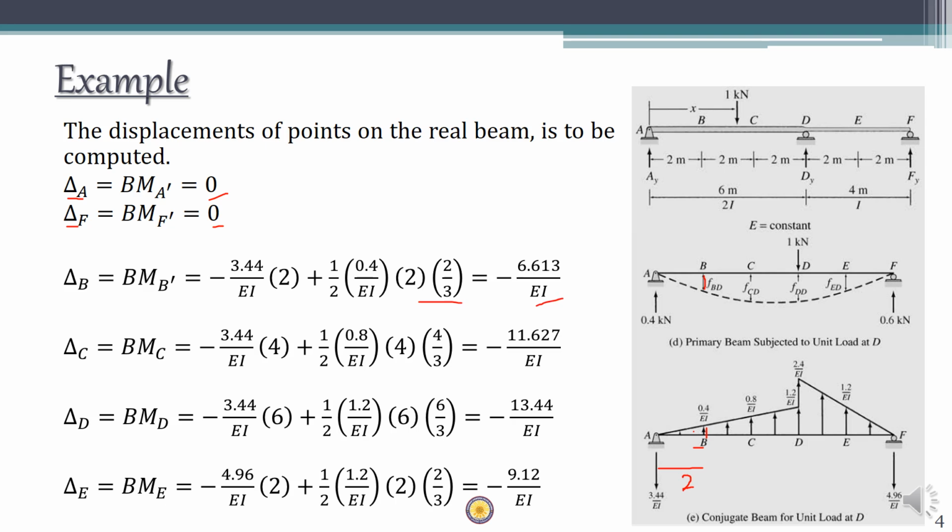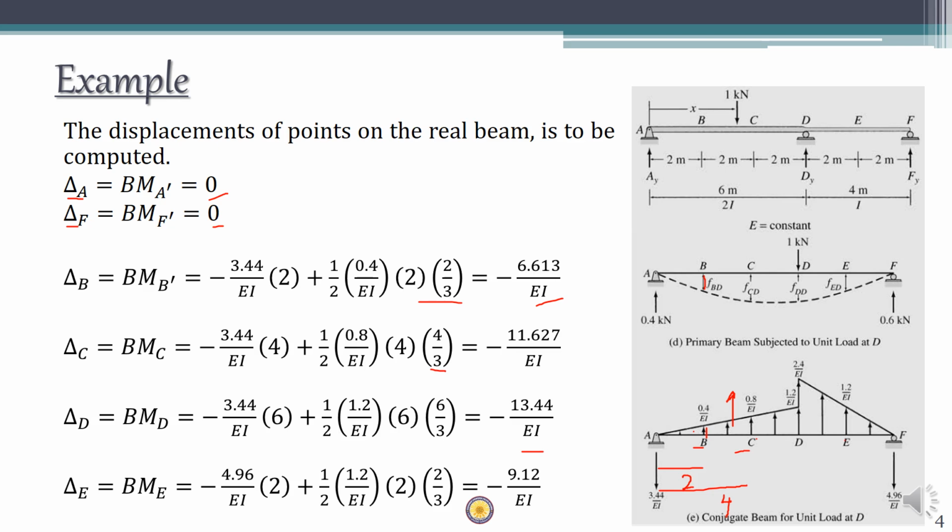Similarly, you can find the deflection at C, which is going to be minus 3.44 multiplied by 4, and then the area of the triangle, which is half into 0.8 by EI into 4, and the lever arm is 4 by 3, the centroidal distance, right? So this is going to be 4 by 3. That gives delta C, and you can also find delta D. You can take moment about the left hand side of D or the right hand side of D. You will get the value as minus 13.44 by EI. And the bending moment at E, which is nothing but the deflection at E, is going to be